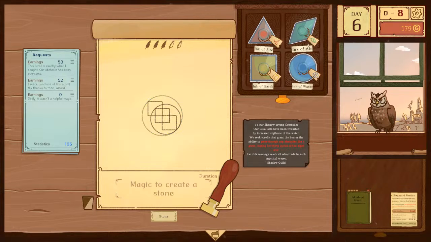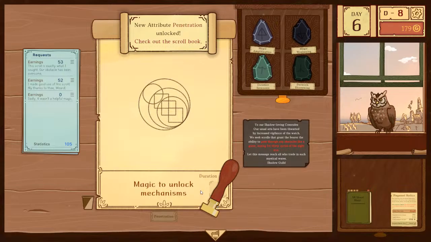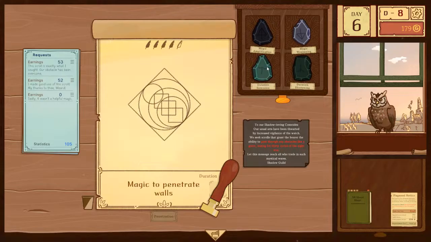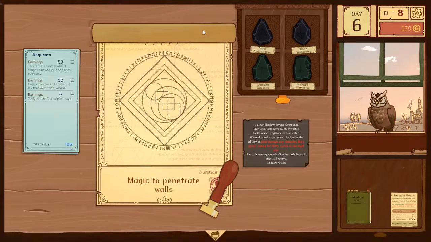Is it air or water? It is water. That was too far left, but it's fine. Magic to penetrate walls for 30 days. Looks so cool.